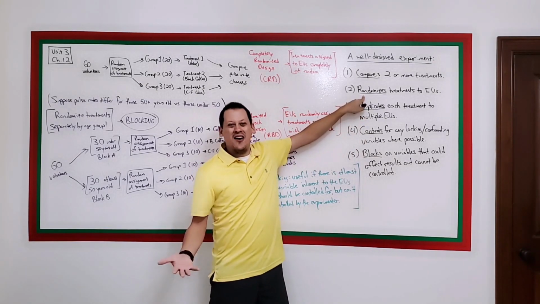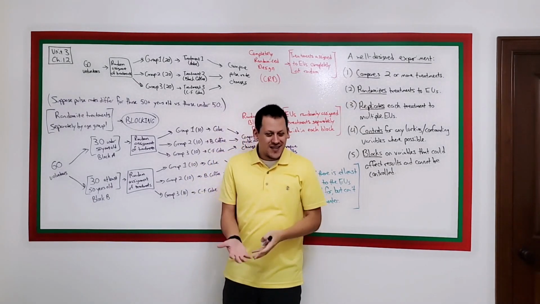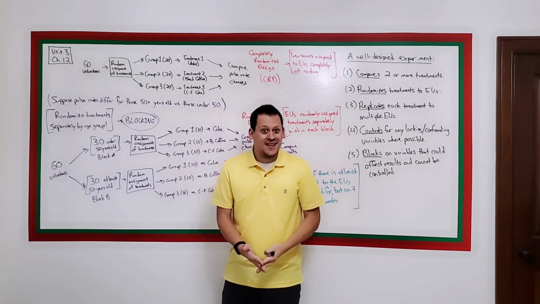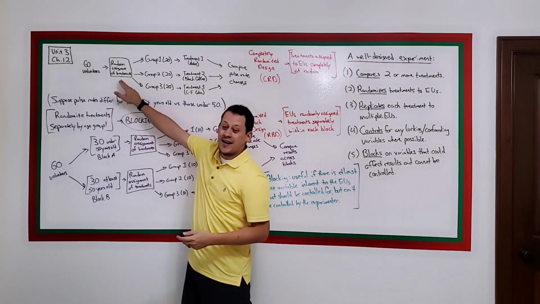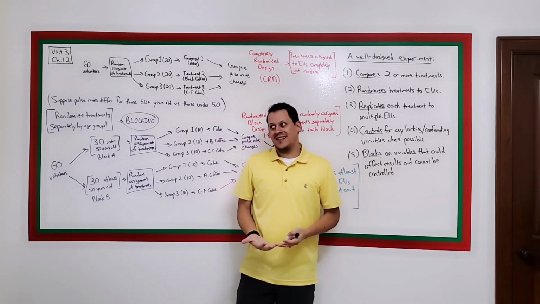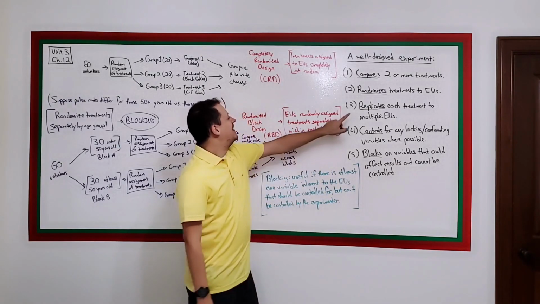Maybe they think it's obvious and they don't have to say that because we only really talk about experiments where we randomize treatments to the EUs, but that is an important piece. If you don't assign the treatments randomly, your results are going to be bad as well. Well, not necessarily, but a statistician will absolutely put you to task for that.